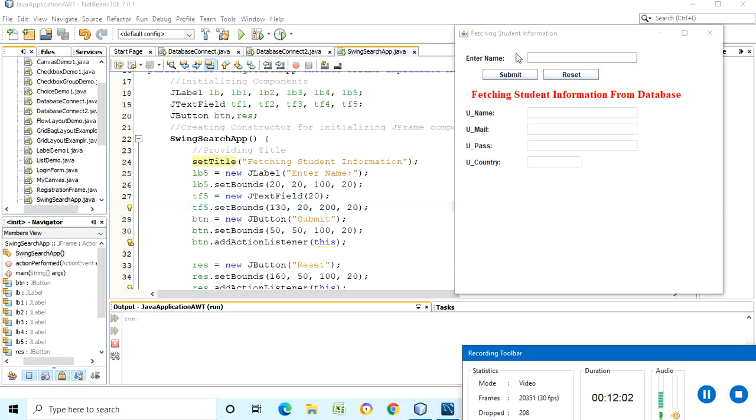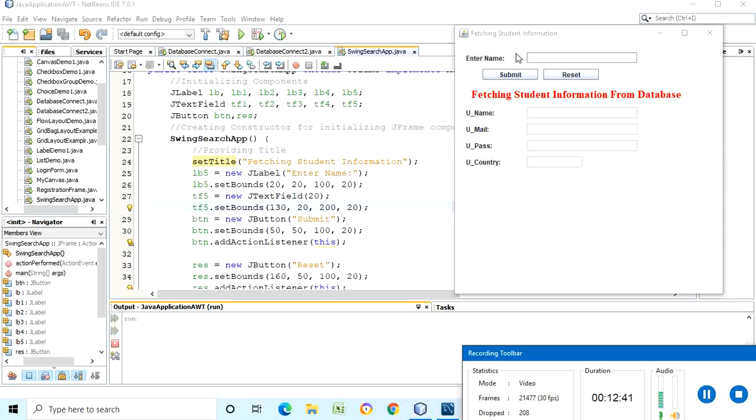In front of the label you require a text field, so your text field starting point should be greater than 120. If it is less than 120, then the two components will overlap on each other, and we want to avoid that. If this happens, we will not get a perfect GUI. We discussed this so many times last semester when learning Java applets. You have to keep in mind that two components should not overlap, so they should be well separated from each other.